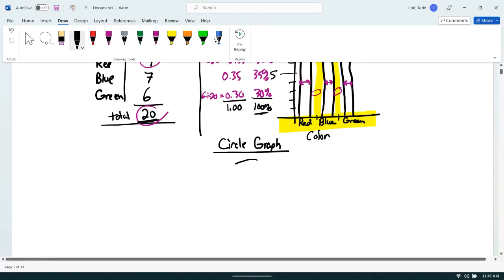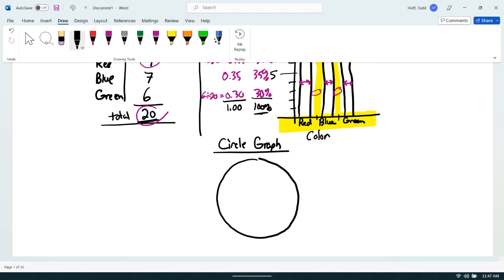Now, back in the day when we were making a circle graph, our next step would have been to take that percent and find that percent of 360 degrees in the full circle, and then use a protractor to map it out. Well, now if we want to be that exact, there are tons of free software out there. Microsoft Excel does it very well. There's free downloads like Jamovi out there that do graphs as well. So all we really need to be able to do is to estimate. And our estimation really starts with the fact that